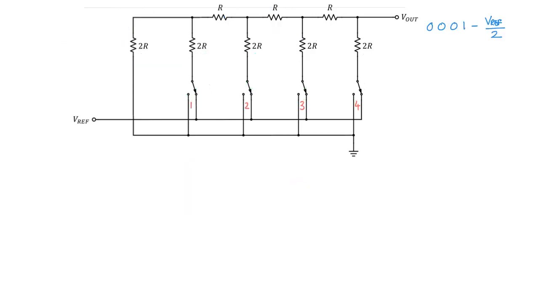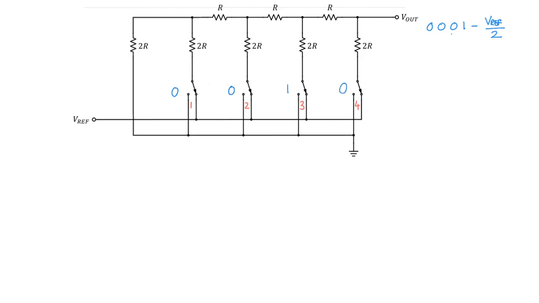Okay, so we have this ladder circuit, and we just looked that for a code of 0001, the output that we get is VREF over 2. Okay, so now let's try another code and see what we get. So let's try a code of